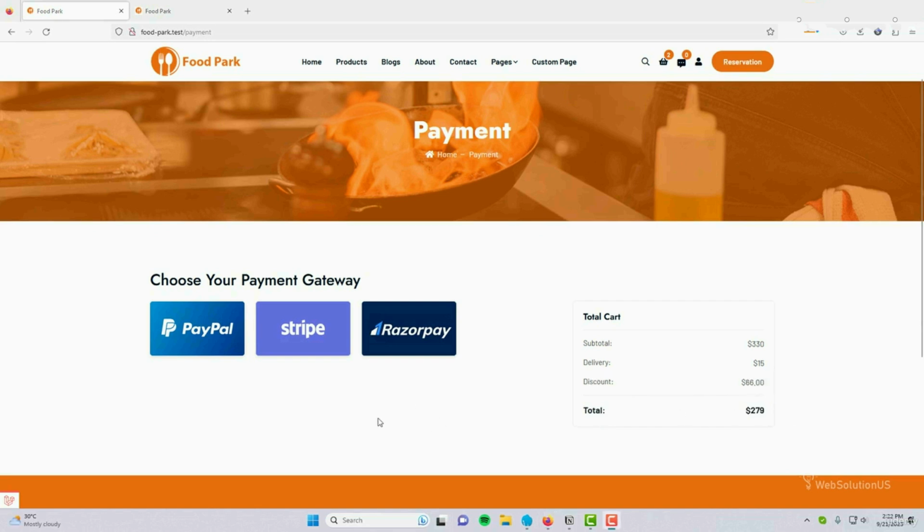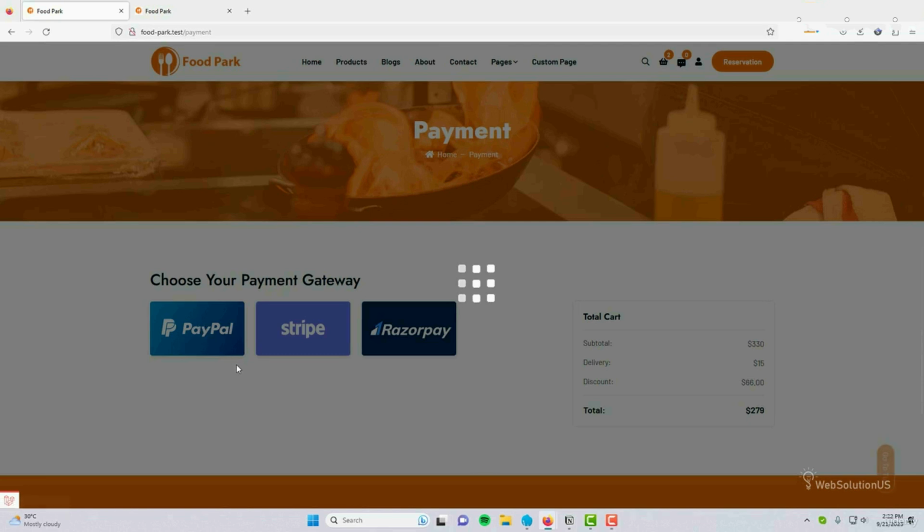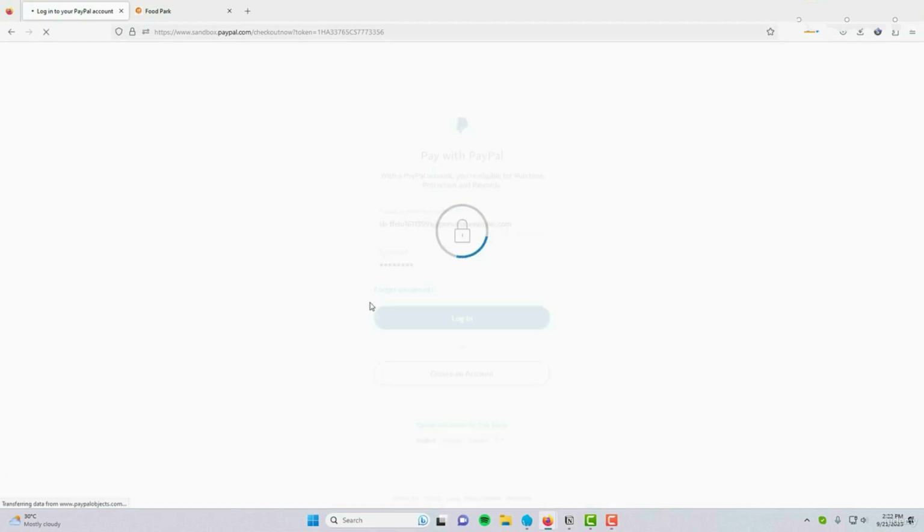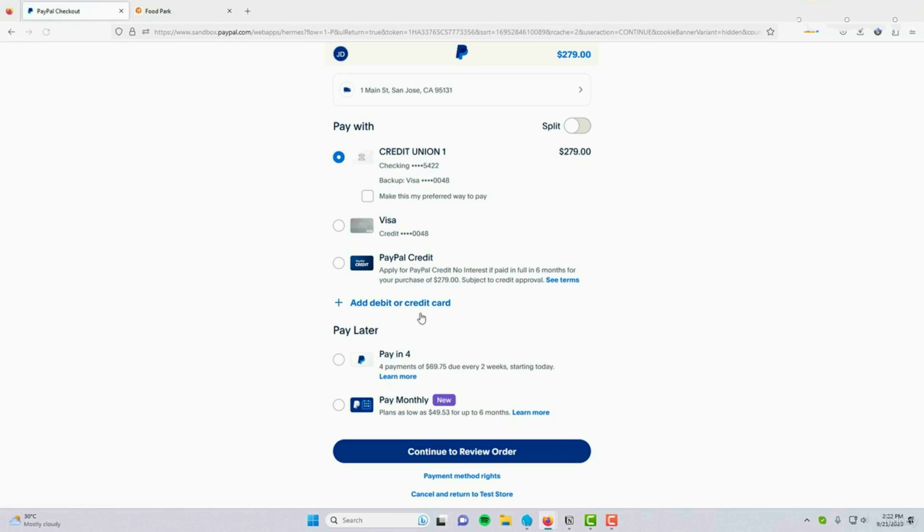So suppose I will pay via PayPal. Click on PayPal and it will redirect us to the PayPal page. Look at here, we are at the official website of PayPal and we have to log in with our PayPal credentials. Let's click on login and you can see we are at the PayPal checkout page. You can see your total price. The total price is $279. If I click on continue to review order,